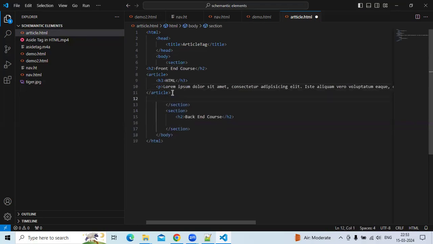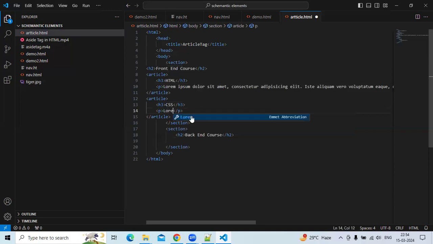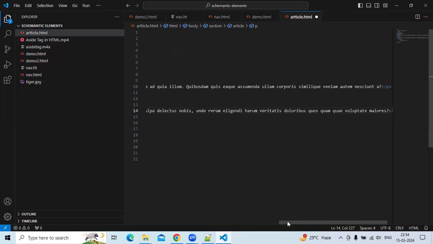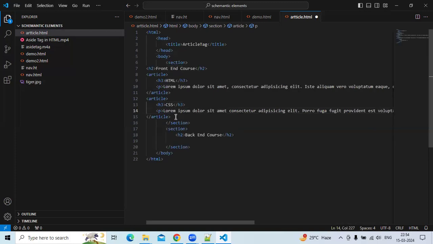Now I am taking one more article here. In the second article, I am taking the H3 tag, here CSS. Now here I am writing the article with the help of lorem. This is just dummy text. You can write your own article here.